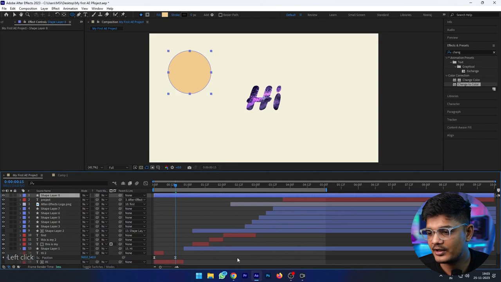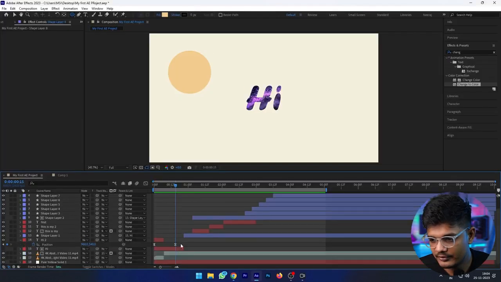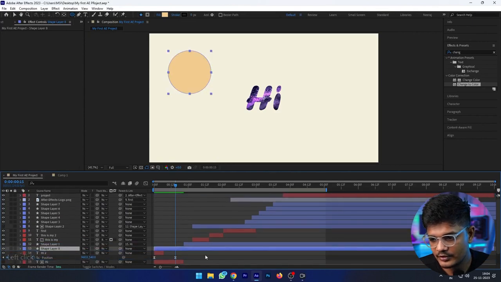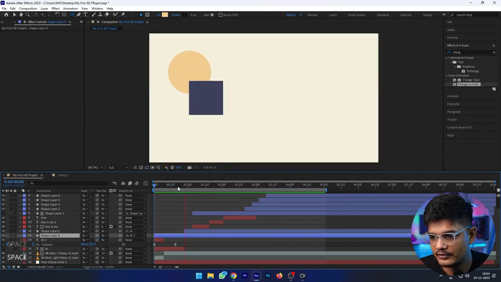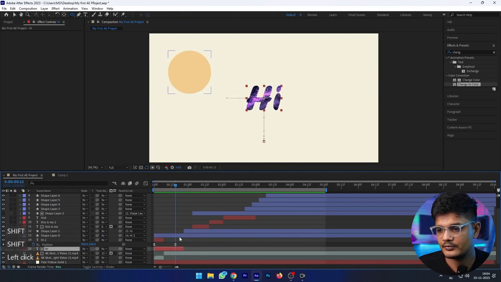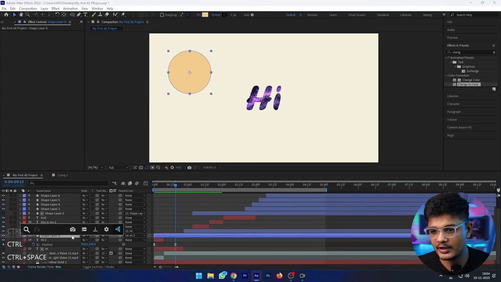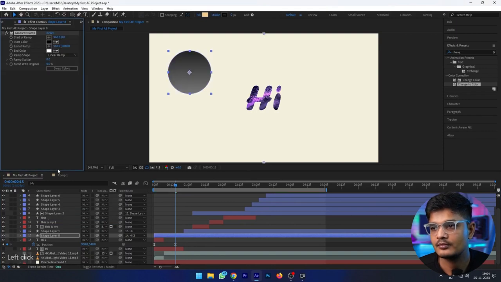And this shape's color is the same as we copied from here. Let's pull it here and parent it to this layer. We'll change the position properly. Now this shape is looking so flat. So what can we do? We can either add some gradient ramp.